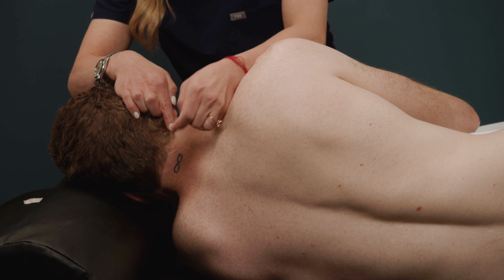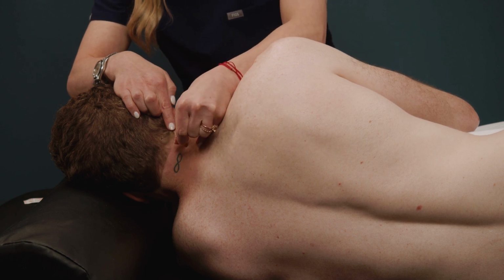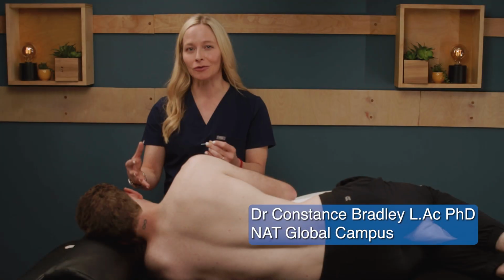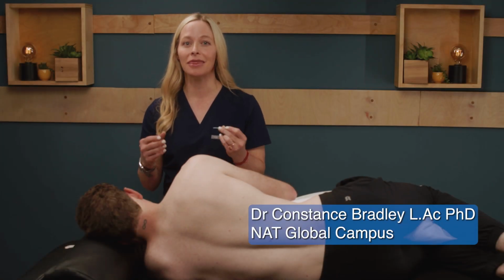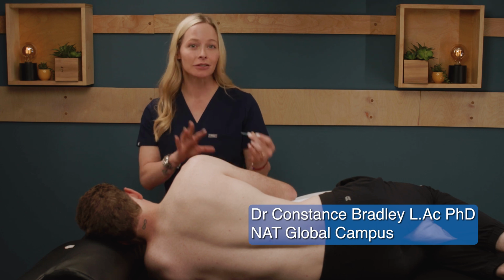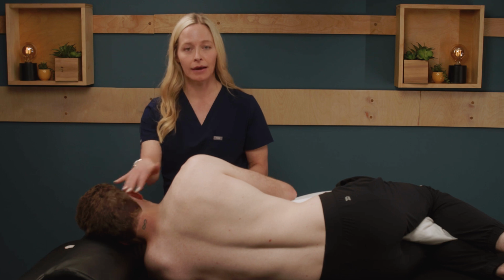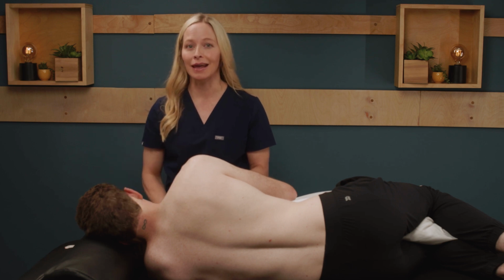I'll now show the application of acupuncture for neck pain. I'll begin here with some local points along the neck and the shoulder, but in general, local needling, you'll want to use a thinner needle, and then with distal needling, you'll want to use a thicker needle. So for these points here on the neck and on the shoulder, I'm going to use a 38 gauge 1-inch